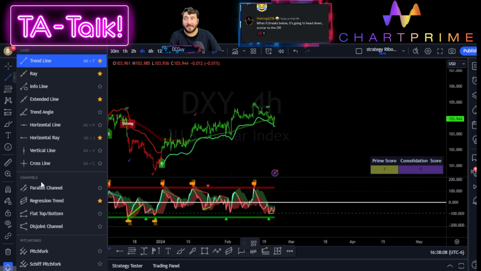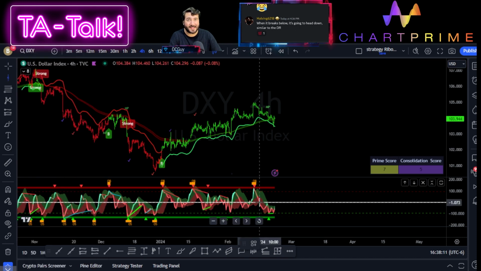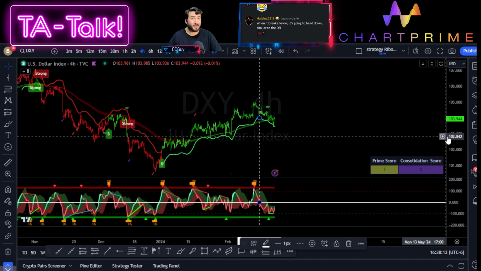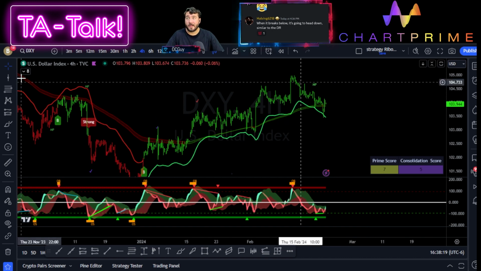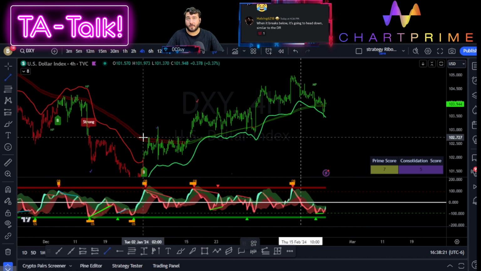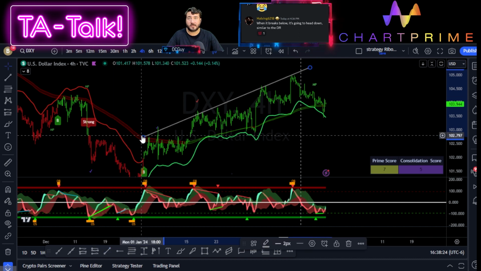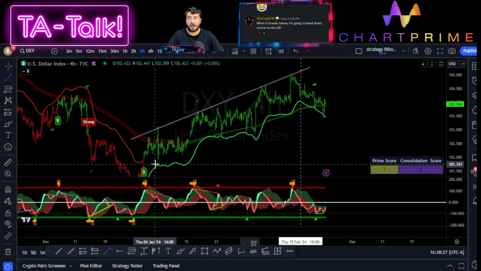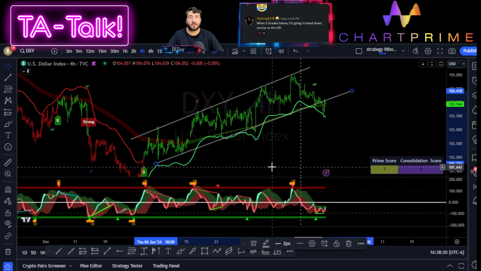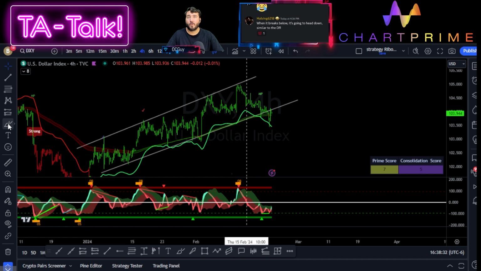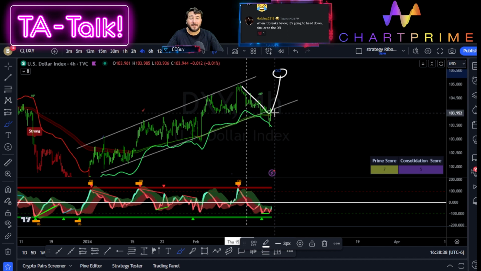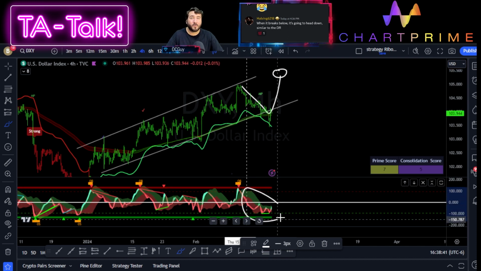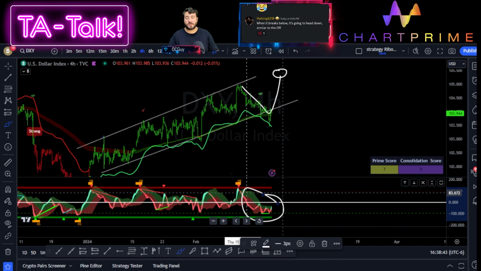When did we break? Because this is almost copycat. This is almost exactly the same. I don't know if you can see it, but I absolutely can. Look at that. If I start drawing my lines by myself, remember at the top just to see projected targets, and at the bottom to see when I start failing the trend line, there we go. Look at that. Where could I be going all the way up? But I haven't. And what's going on with my momentum? It's below the zero line. You see that? So any questions so far?